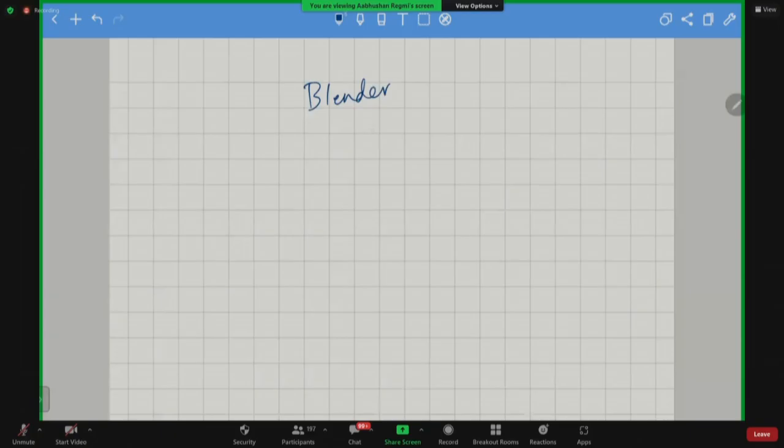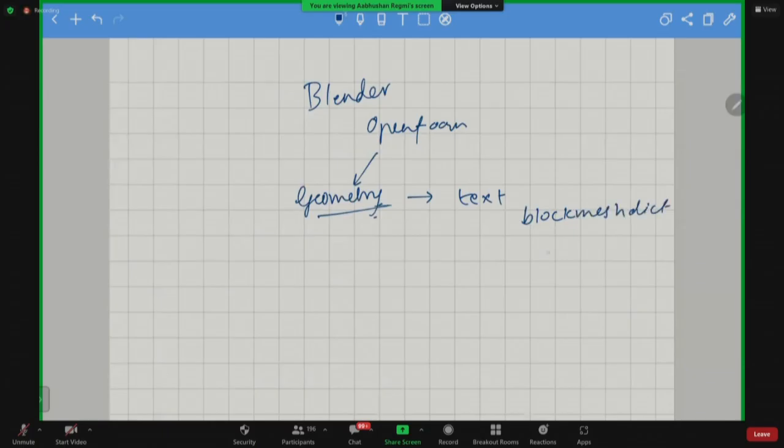Whenever you're working with OpenFOAM or CFD, you have a geometry or a domain which is defined as an area where your fluid is present, and in this area there is some kind of interaction between the fluid and the geometry itself. What we need within OpenFOAM are these text files. You have two options: either the blockMesh dictionary or the snappyHexMesh dictionary, which you utilize to define or model the